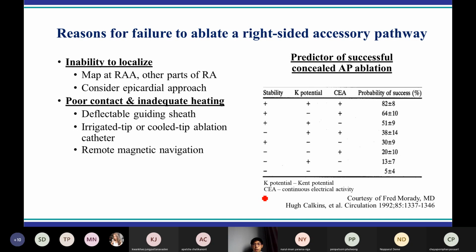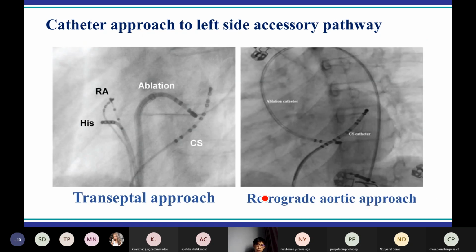In the right table, there are factors that could affect the probability of success of right side accessory pathway ablation. You could see that the success rate is quite variable between each factor. So for this page, I just want to tell you that the right side accessory pathway is harder to eliminate than the left side. So sometimes we have to use a technique to